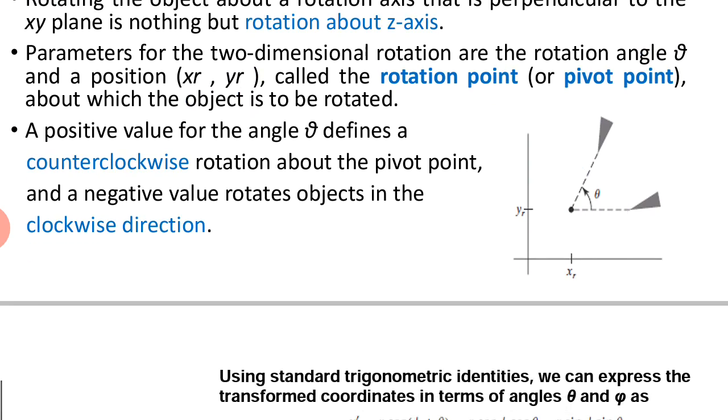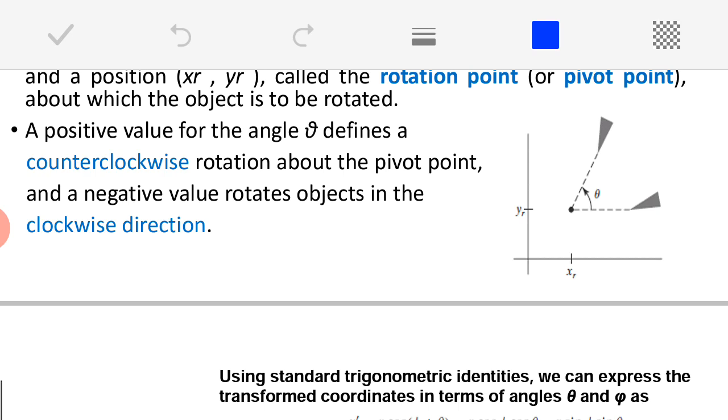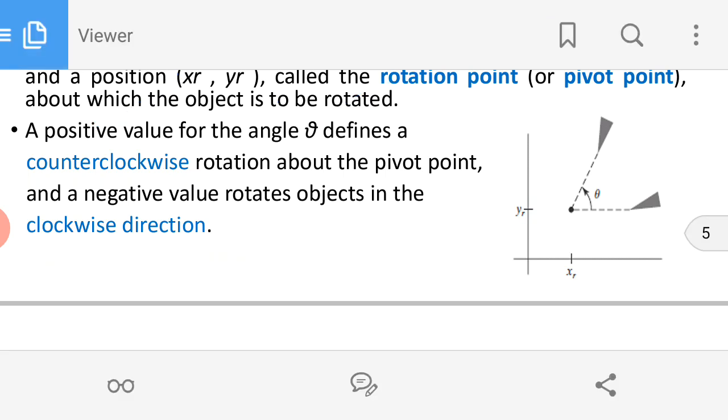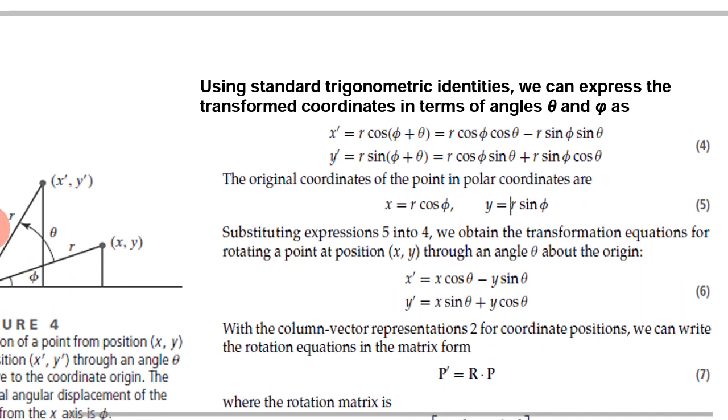Another important thing is how to perform clockwise and anti-clockwise rotation here. If my angle theta is positive, then the rotation will always be done counterclockwise. That is very important. If my angle theta is negative, then my rotation will always be clockwise. So, this is a very important point that you should remember. Now, we will move on to how to define the equations, that is the matrix for rotation, just like what we did for translation. Clear? So, now have a look here.